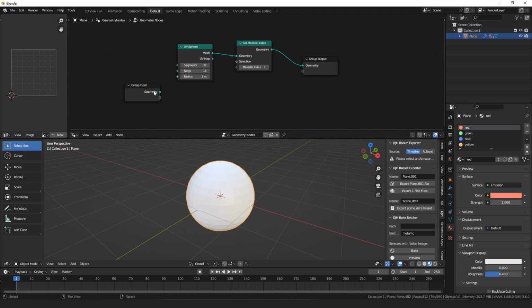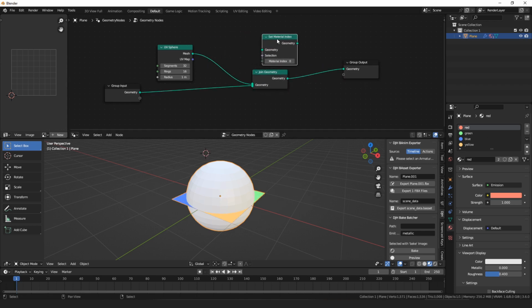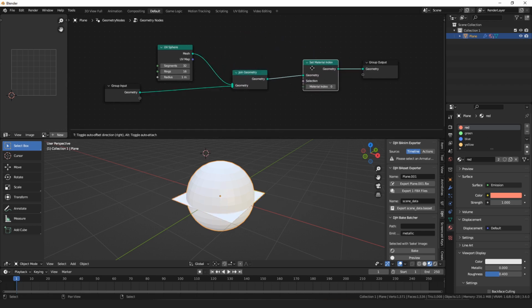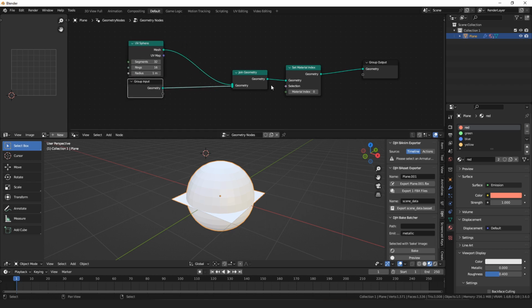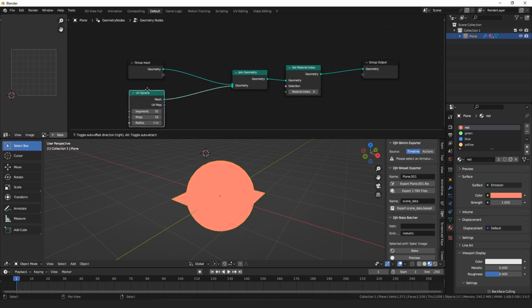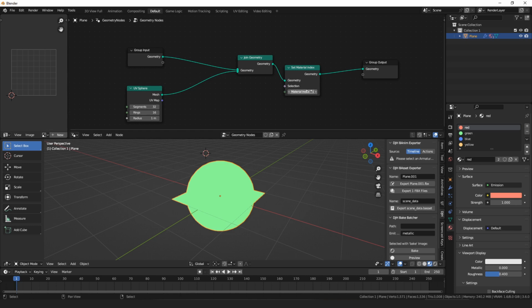What I did figure out that you can do is we can join the original mesh data with the new sphere, and now we can use set material index. Once we've joined the geometry together, just note that the order that the materials will be in depends on which mesh was connected to the joined geometry first. You can see here 0 is the white from the UV sphere and 1 is red. If you want instead that default material to be at the end, you have to attach the UV sphere underneath the input geometry. So that's kind of cool and allows us to use the materials from our original object data,